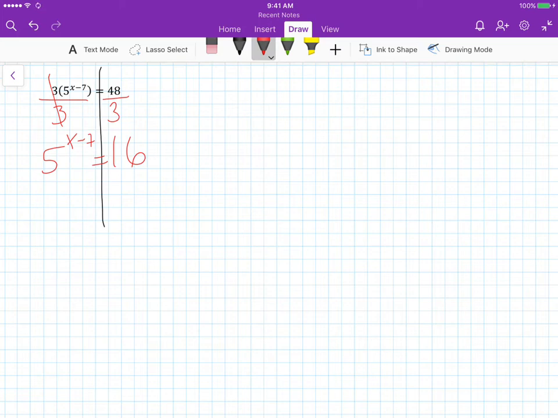But still I don't have any logs. I need to solve for an exponent. I know that logs always get me answers that are exponents. So what I could do is bring the log in, but if I do something on one side of the equation,